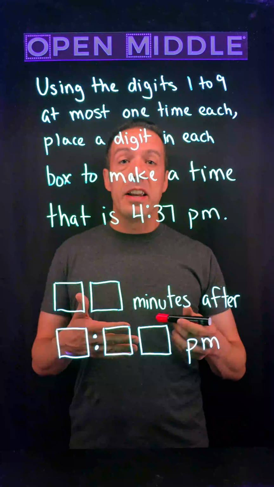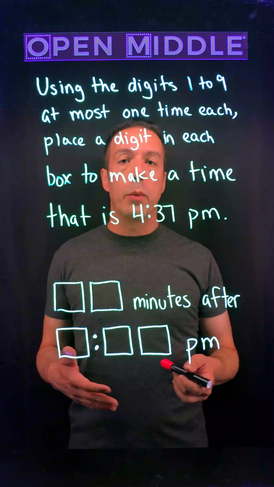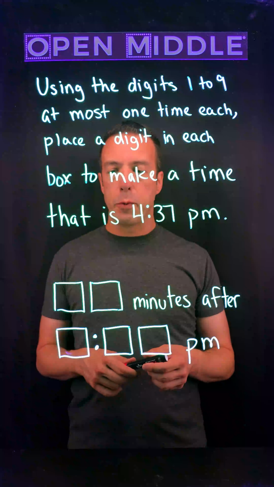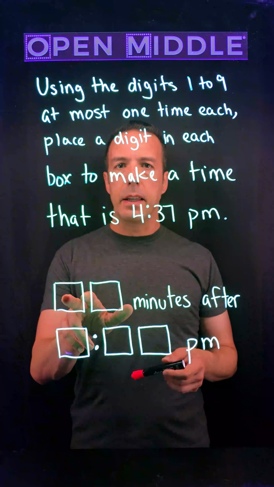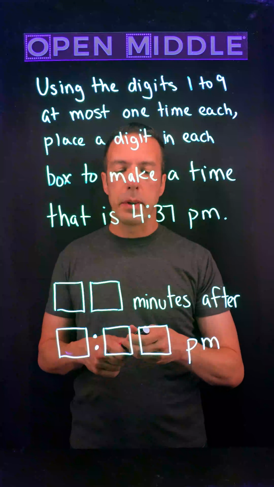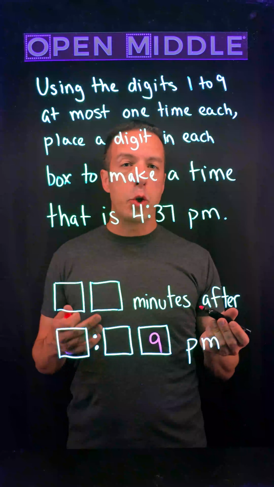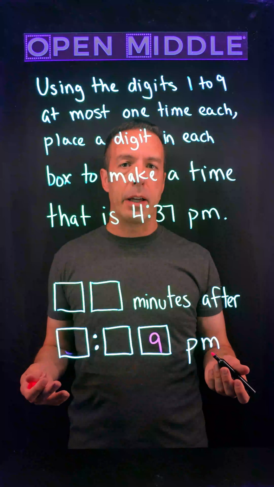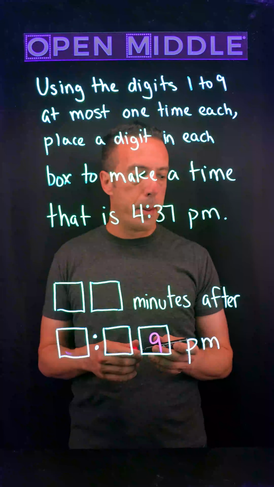Where should a 9 go? Where is a 9 allowable? Where will it break the problem? For example, if you put a 9 in the tens place or the ones place of the minutes, does that break the problem? If you put a 9 here, can you pick digits that will make this viable? Or is it broken and you can't repair it?